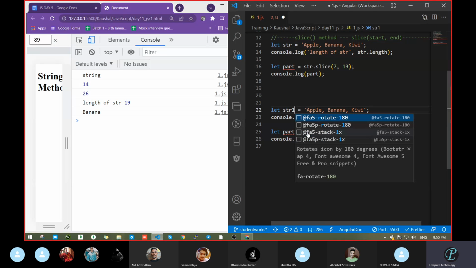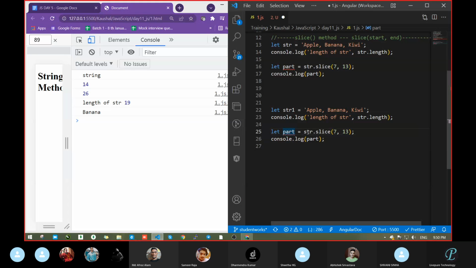str1, part 1, str1 dot slice, str1. Is this fine? Anywhere more? Yeah, str1.